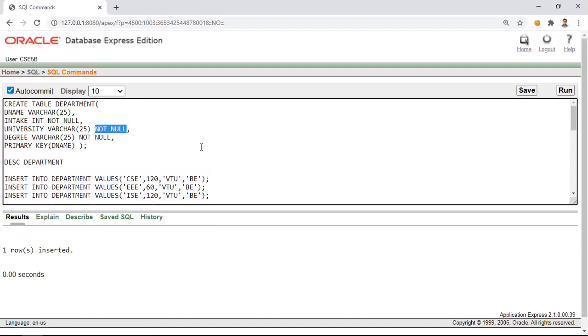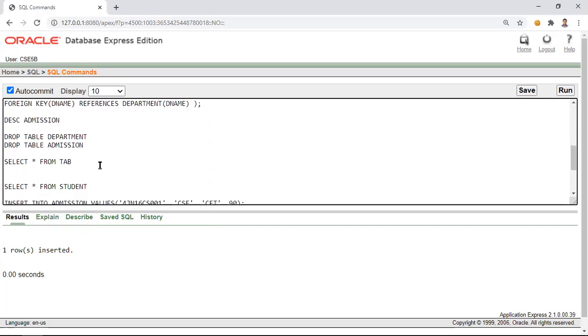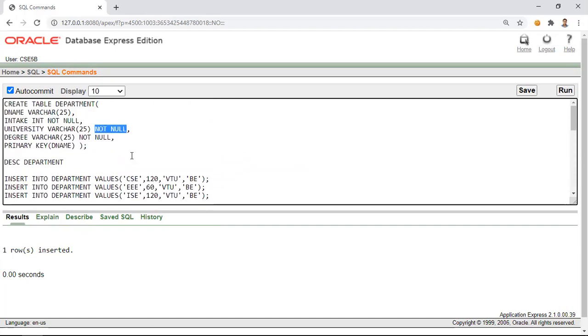Okay, so I think this is sufficient for today's class. We learned the creation of the remaining two more tables, then how to create a foreign key. When we have a foreign key, the parent tables we must create first, and then we must create the table which is having a foreign key. While dropping the tables, we should follow the reverse order. First the referencing table will be deleted, and then the parent table should be deleted.